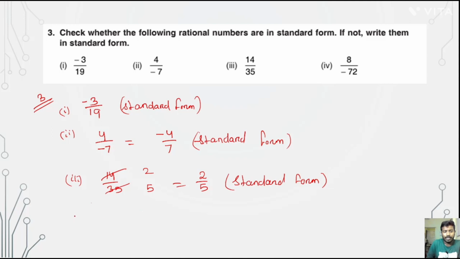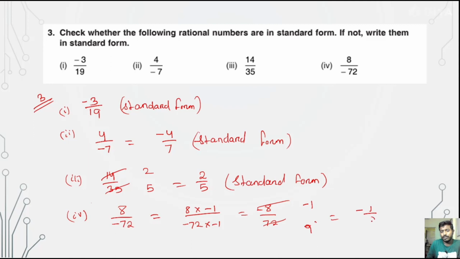Now next, IV: 8 divided by minus 72. First we multiply by minus 1 in numerator and denominator, now minus 8 by 72. Then HCF, or directly we cancel: 8 1s are 8, 8 9s are 72, so the answer will be minus 1 by 9. Okay, next,